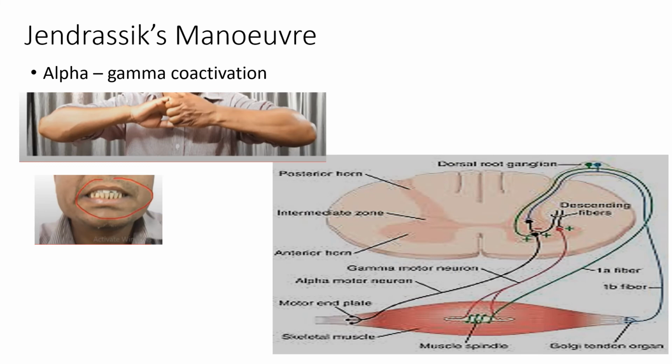So when we talk about reflexes, one more important question is what is the Jendrassik maneuver? It can be asked in your examination. So let's see that. The Jendrassik maneuver is when you clench your teeth or you hook your hands like this and stretch as much as possible, and the reflex sensitivity can be increased. You can be asked why?